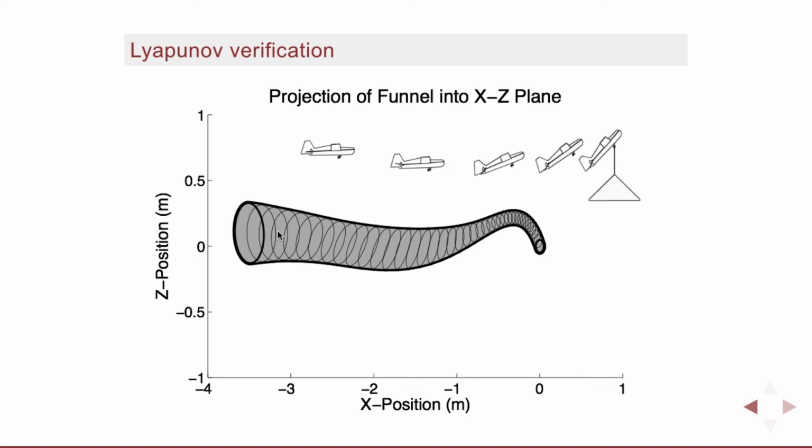And in fact, given some final specification of what an acceptable error is, what the landing mechanism can accommodate, we can back out the set of initial conditions where the linear controller works for the nonlinear system. And guess what? We're going to do it with Lyapunov methods like we talked about last time. But we'll have to extend those to the time-varying case as well. Okay, so this works very, very well.